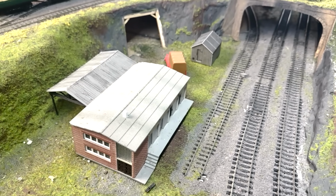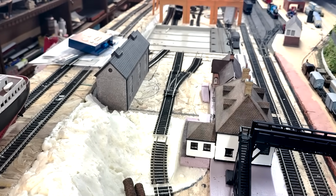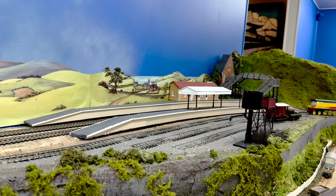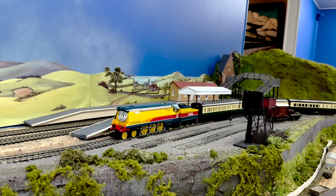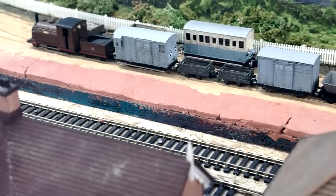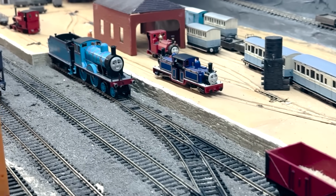I've also decided that the dairy will go here instead of the windmill, but the main line still passes through this tunnel and onto Crovan's Gate. The track above that leads into Marin, where things are shaping up with new platforms. But down below is Crovan's Gate Station and the Skarloey engine sheds,